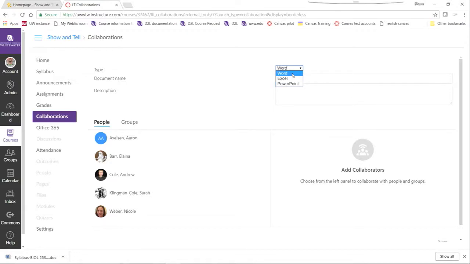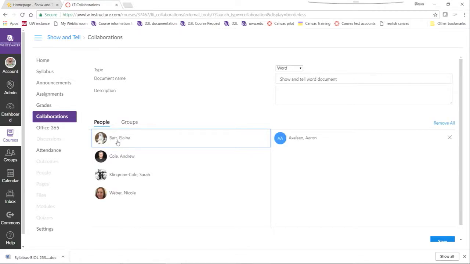For now, I'm going to create a new Word file. I'm going to title it and I'm going to add a few people to this. By merely clicking on their names, you'll see that they've been populated.